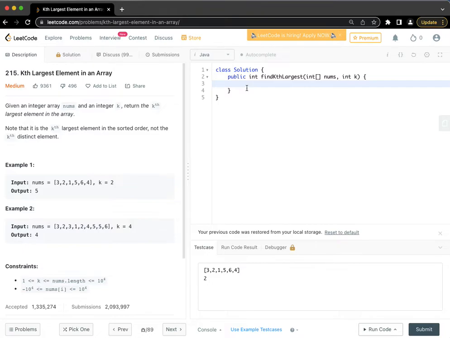Guys, in this video, I'm going to talk about another interesting problem. It is on LeetCode, and the problem is find the kth largest element in an array. The description says, given an integer array nums and an integer k, return the kth largest element in the array. Note that it is the kth largest element in the sorted order and not the kth distinct element, just in